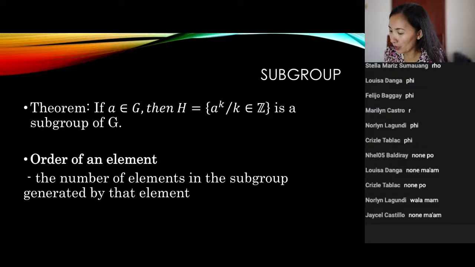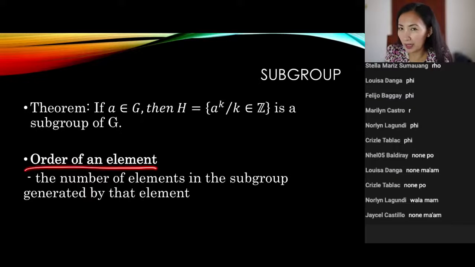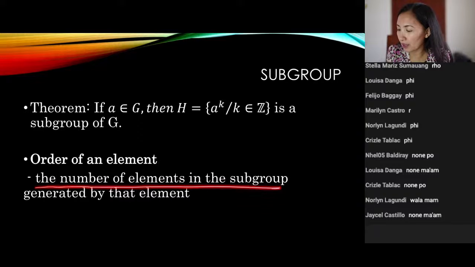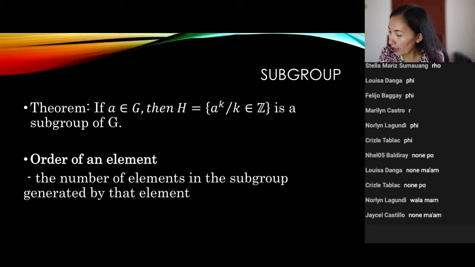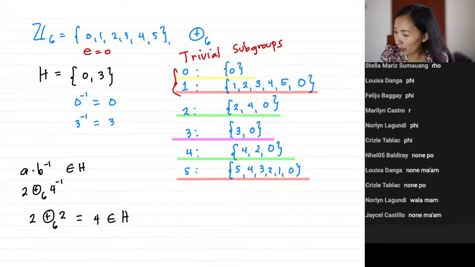Now we proceed to the next. What about order of an element? What do we mean by this? This refers to the number of elements in the subgroup generated by that element. So let's go back to our solution a while ago. By the way, this is how we denote it, or we can write this properly as, let me just add,